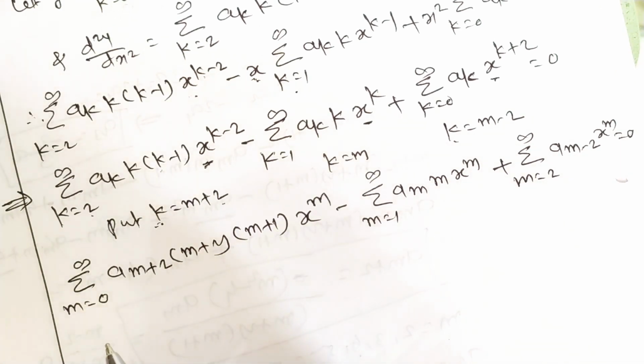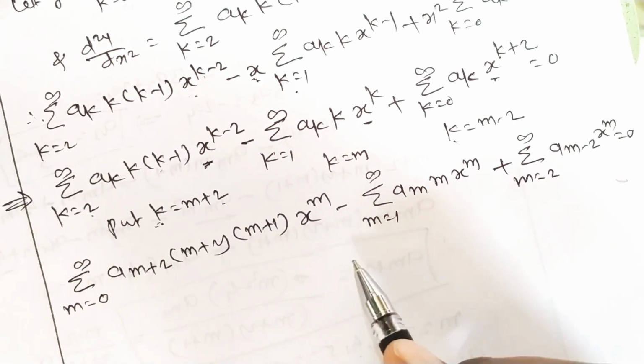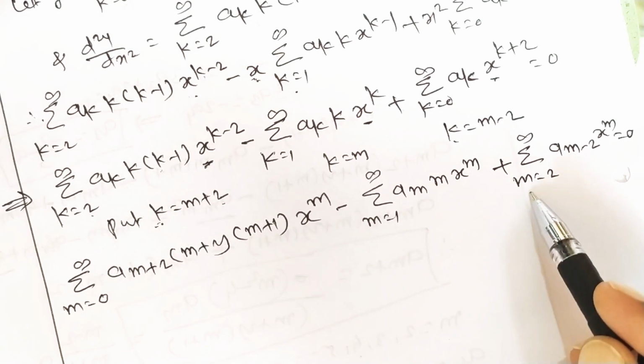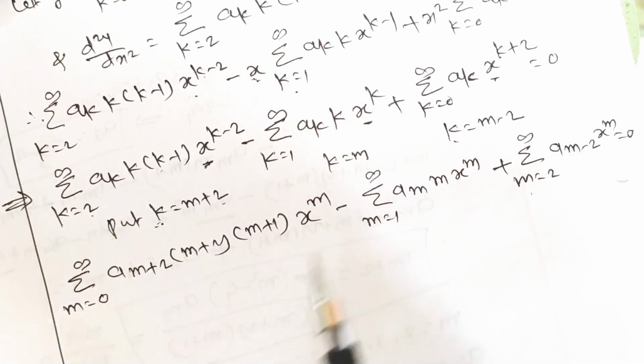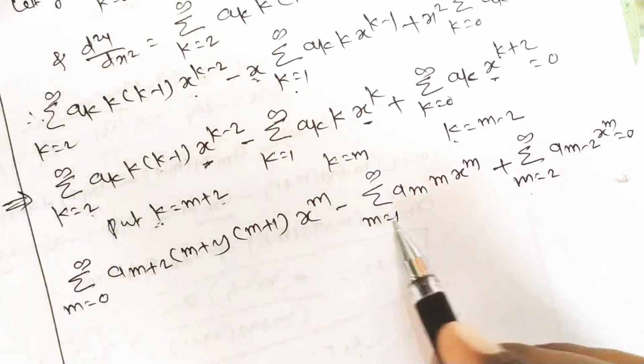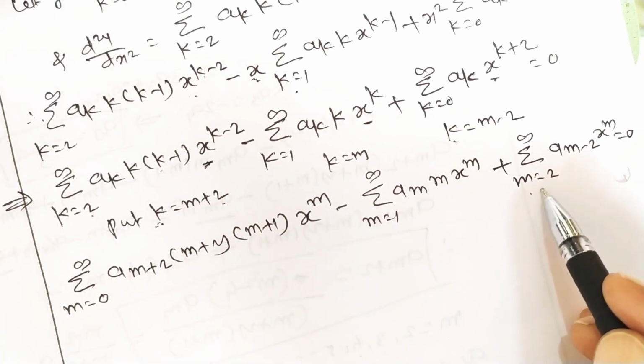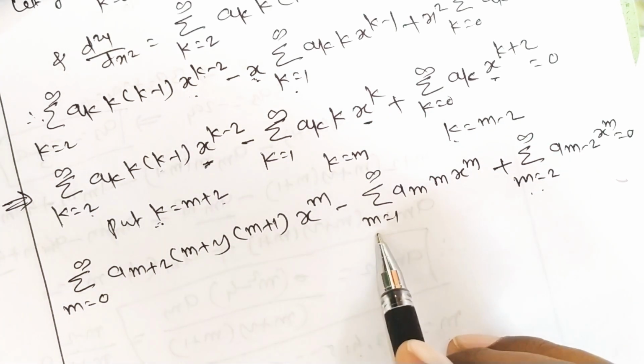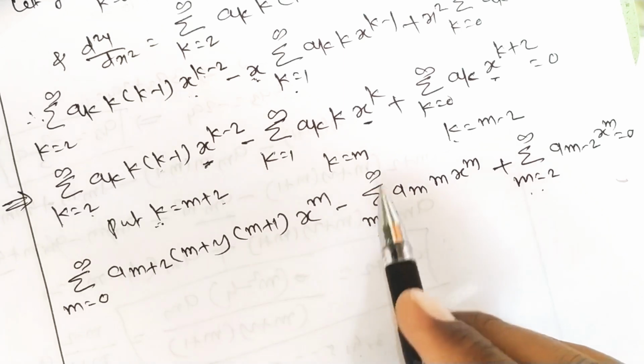Now after this step, देखो स्टूडेंट, इस स्टेप के बाद की जो स्टेप है, that step is important here. यहाँ पर देखो m 2 से स्टार्ट हो रहा है, यहाँ पर 1 से स्टार्ट हो रहा है, यहाँ पर 0 से स्टार्ट हो रहा है. तो जो मैक्सिमम वैल्यू होती है m की, मीन्स m इक्वल टू 2, तो ये दोनों सीरीज m 2 से स्टार्ट होनी चाहिए.